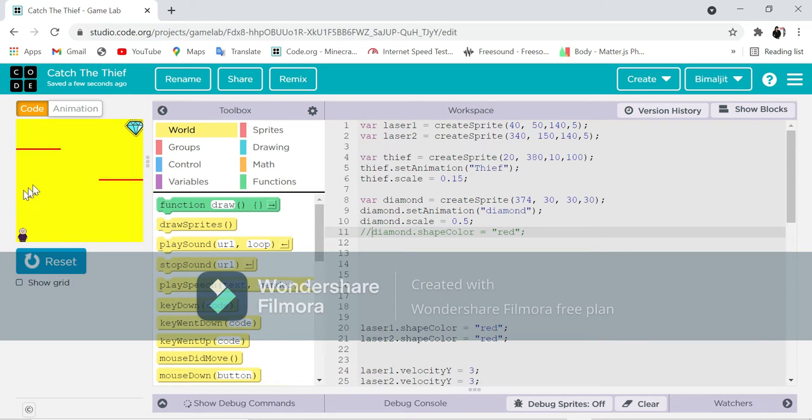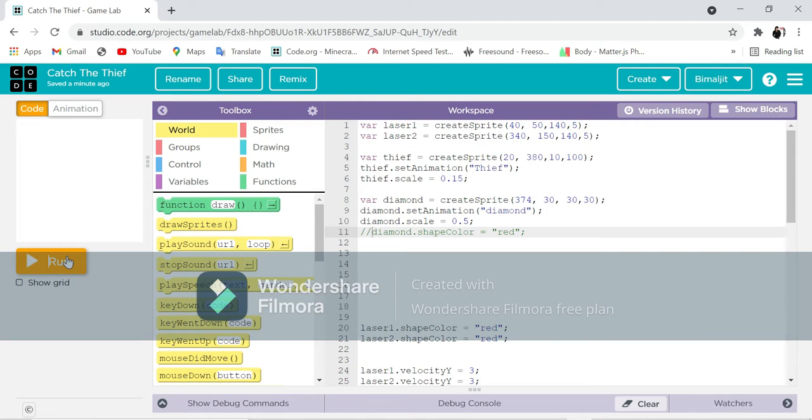So now what is left is that we have to make our Natwalal collide with the lasers, and whenever it collides with the laser, it should display that the thief is caught, and whenever Natwalal touches the diamond, it should display that the diamond has been stolen. Natwalal won, or whatever you want to write. So let's start. First we will write the collision.